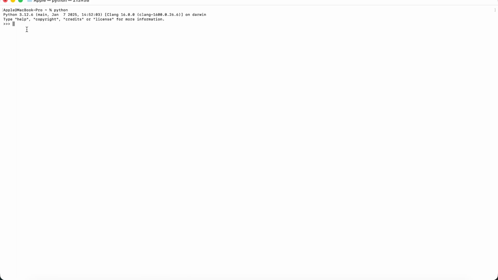and it will redirect you into the Python shell, and you'll see something like this, the version and some other information about your Python installation, and we just print hello world, and that's all. Just run Python on your computer, on the terminal, and after that we can just type exit to leave